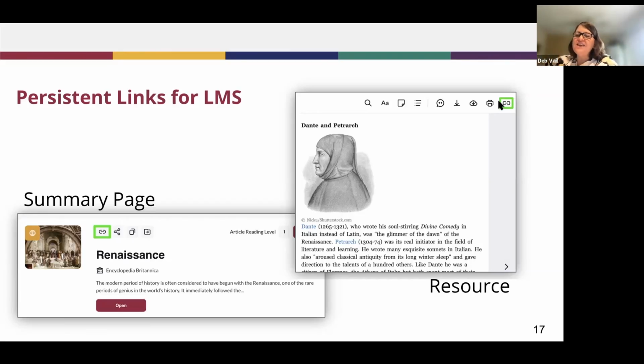It will not continue and take them all the way into the resource. So my recommendation is to get kids used to logging into Scout first, and then click on the link and it will go directly into that resource. So, two ways, as I said, to get that persistent link: on the summary page, as well as in the article itself.